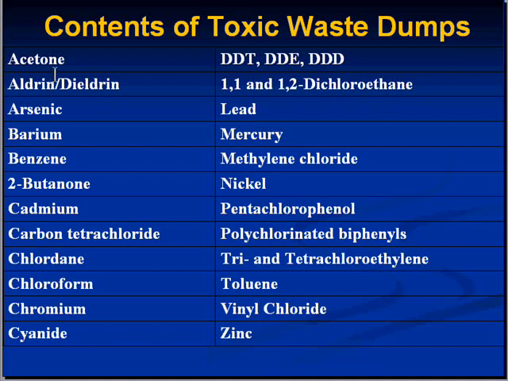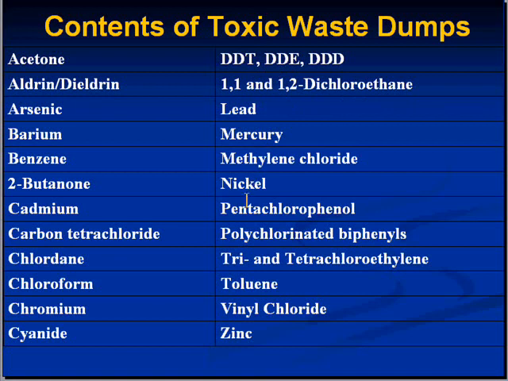Some of these compounds you may recognize pretty quickly: aldrin, arsenic, barium, benzene, butanone, cadmium, a lot of heavy metals, carbon tetrachloride, things used industrially chiefly, which are not easily biodegraded, chlordane, chloroform, chromium, cyanides, pesticides, DDT, dichloroethanes, lead